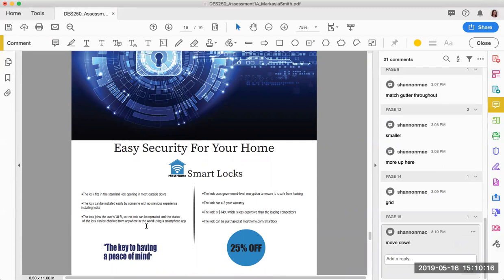we've got too many fonts going on here. We've got this font, and this font. And then plus there is a font in the logo. So I think for the bullet points, I would match the same font as the Easy Security for your home, obviously smaller. And then you can keep the key to having a peace of mind and the 25% off in that